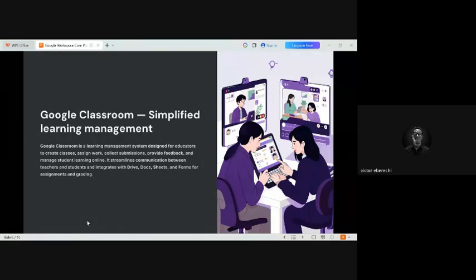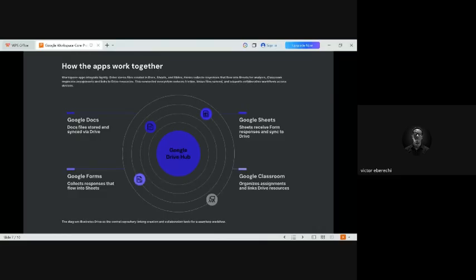So what we're going to do today, so basically, this is the slide, right? So we're going to see each of these tools, how they look, and just play around with something very simple, right? So now, how do these tools work together in synchrony, right? So the Workspace app,